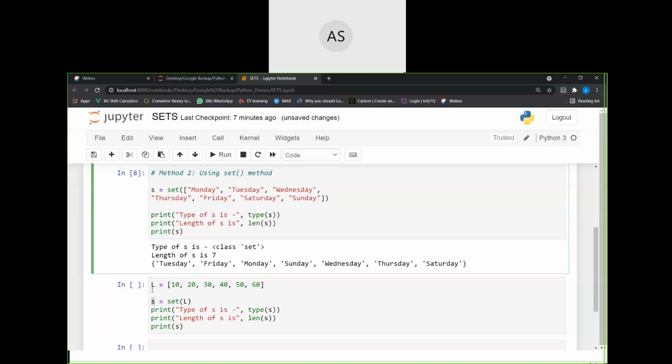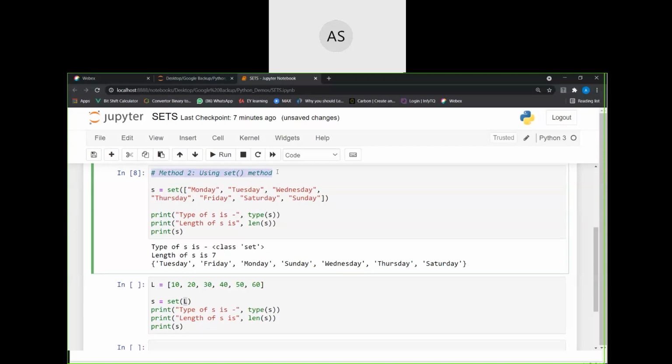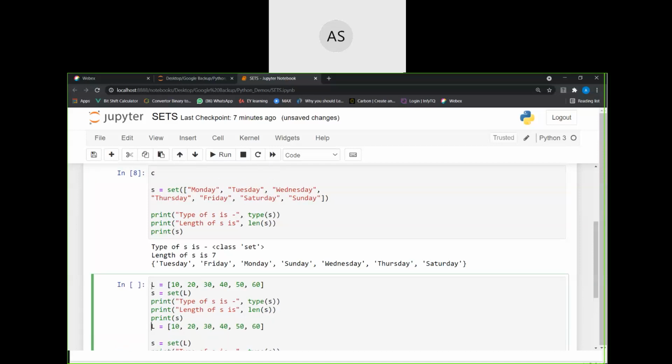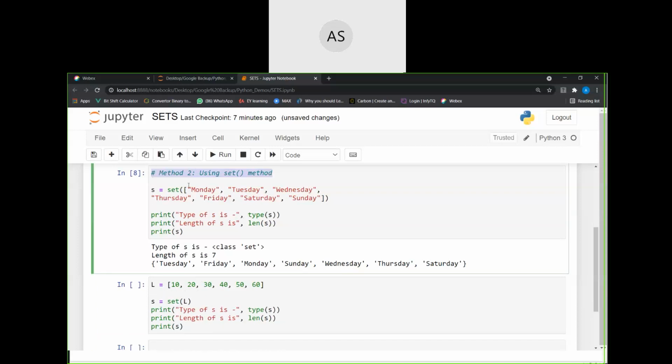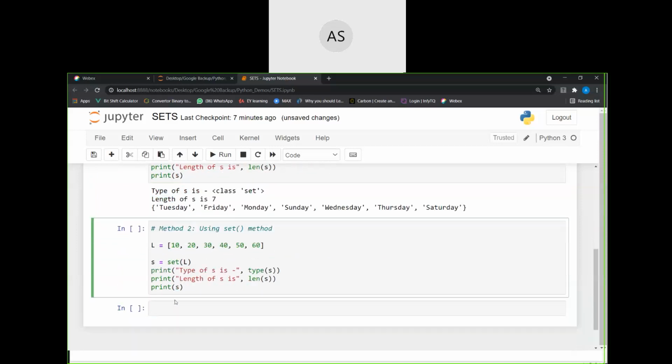Here I am not creating an extra variable. Here, directly inside, I am passing the list. But here I have created the list and I am passing the name of the list inside the set of function. So both are going to give me the same result. Whichever way I want, I can make use of it. So this is another way of doing it. Right. So now going for the next method. Let me run this also.